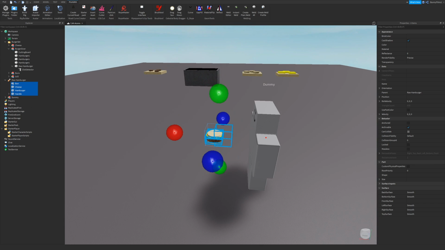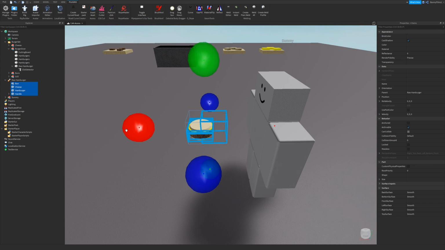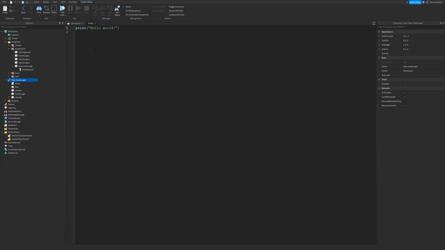So what we need to do is create a small script, which is just something I found online a while ago, I think. So we're gonna go ahead, add a script, and we're gonna name this Weld. So this is what it's going to do. I don't know exactly how this script works, because this is not my script. I don't know where it came from, but basically all tools on Roblox have to be welded,